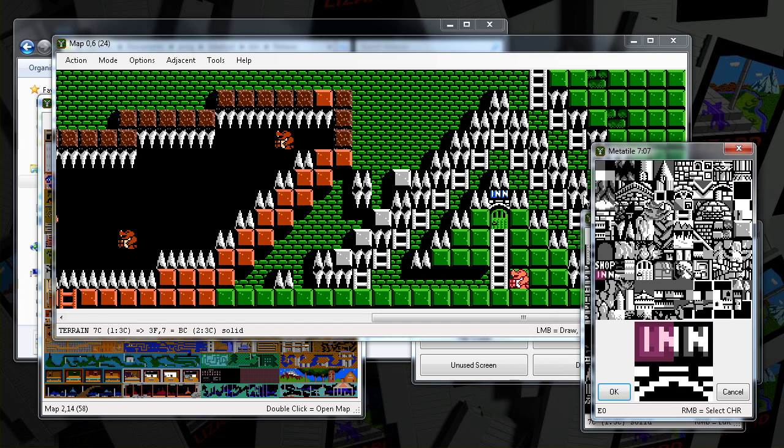So this is kind of like the raw NES graphics that are loaded for this map. They're called CHR for character. But everything's like an 8 by 8 block. So you'll see a lot of stuff is arranged in a 16 by 16 pixel rectangle, like the doors, all one thing. Here's the princess, but like the inn, here's one half of the sign, but the other half is way over here.